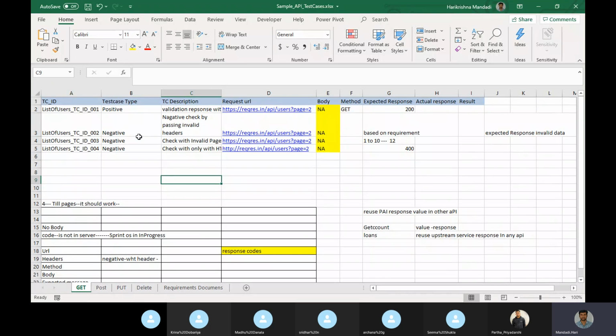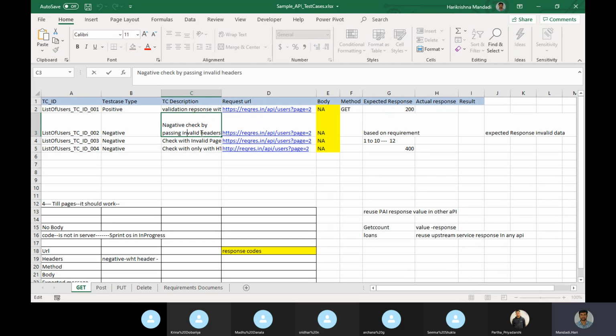I have one positive case and now I am writing negative cases. For get, how do we write negative cases? Negative check by passing invalid headers. This way I can write it.